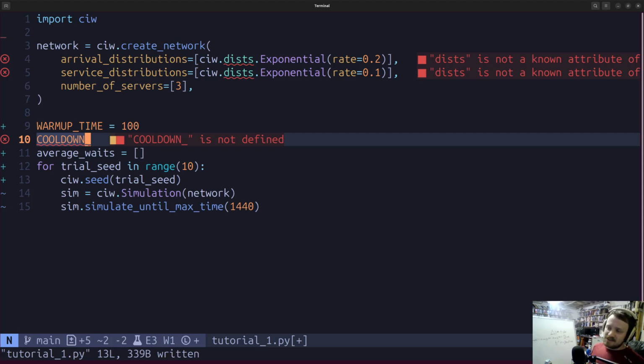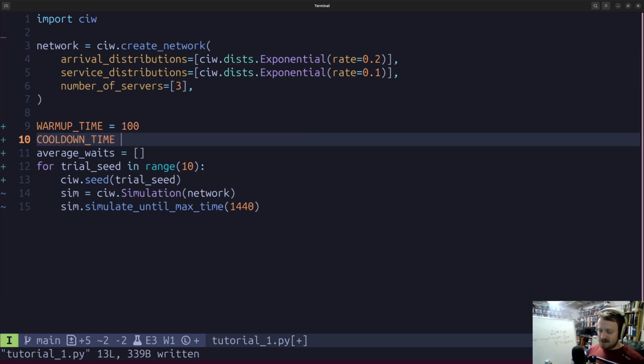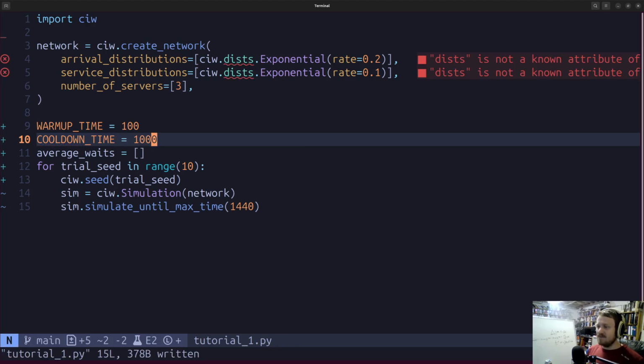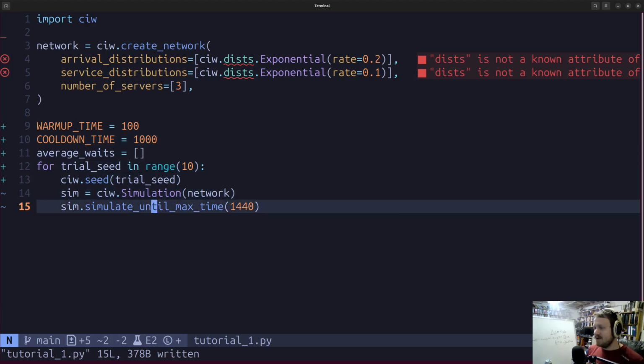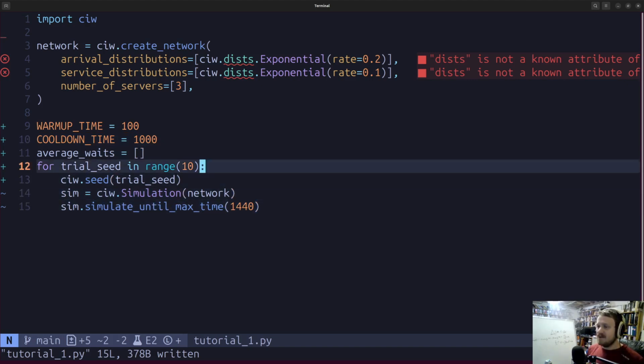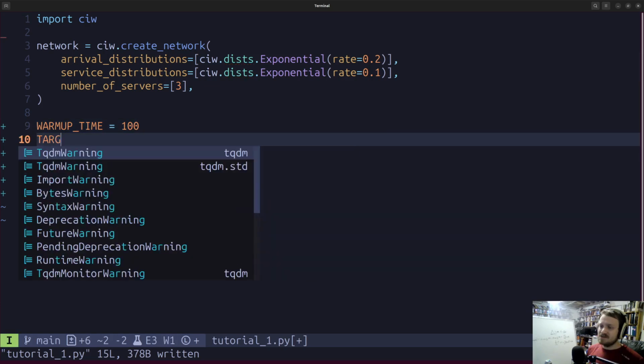censoring. There's different ways of dealing with censoring. One is to statistically model using probability distributions. But in this kind of pure simulation approach, it's pretty common to have a cooldown, which really just means running the simulation for even longer, just to make sure that for the interval of time that you cared about, you flushed out all of the customers that would have been relevant to the system over the interval of time that you care about. Here we're going to set it to 1,000,